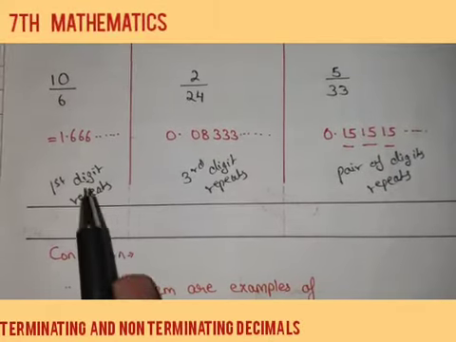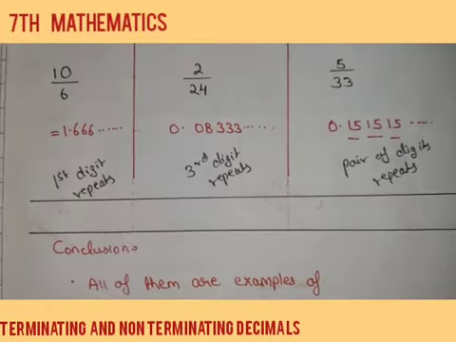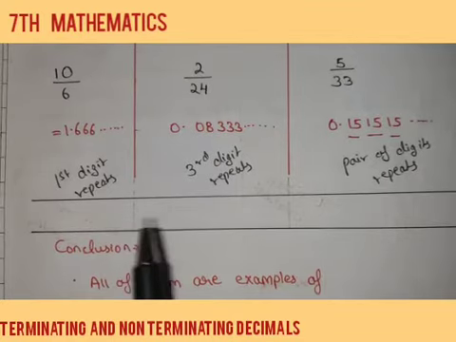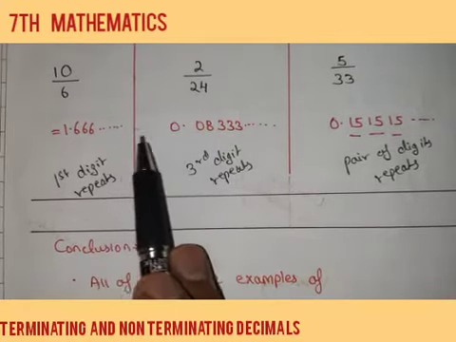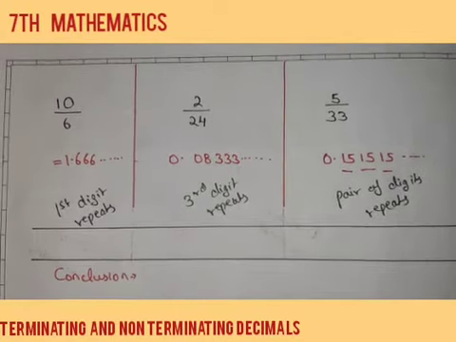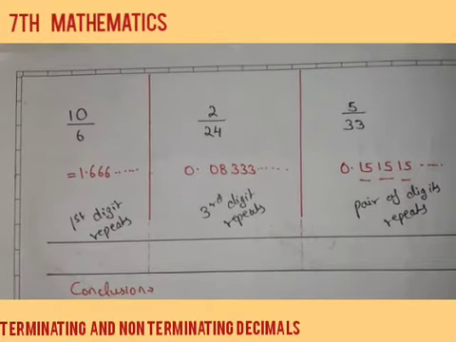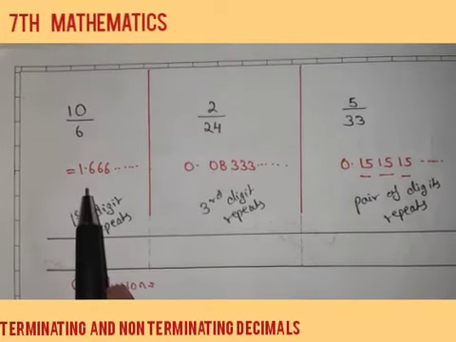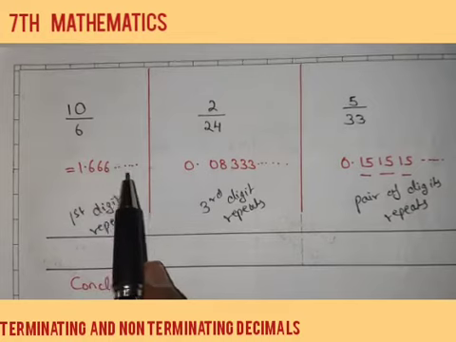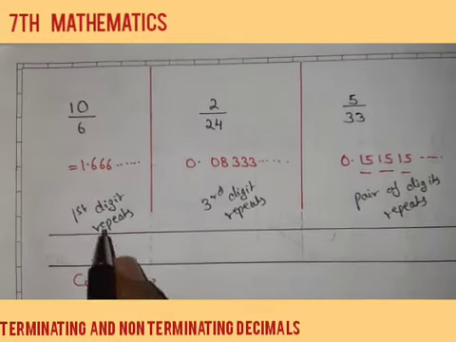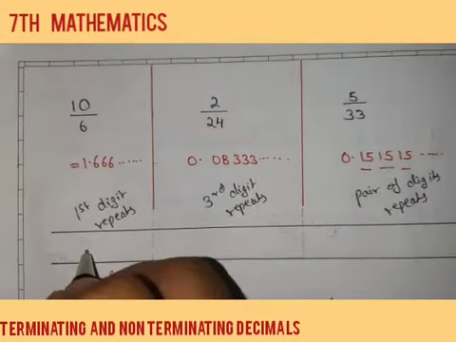Why non-terminating? Because the remainder is not coming 0. And why repeating? Because we can see that some of the digits are getting repeated. Now there is a proper way to write these numbers, like 1.666, the digit is getting repeated. So instead of writing 6 so many times, we can simply write